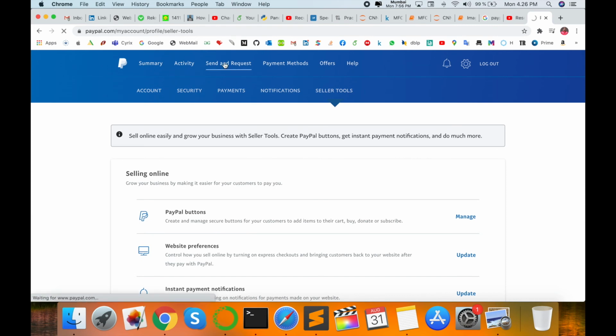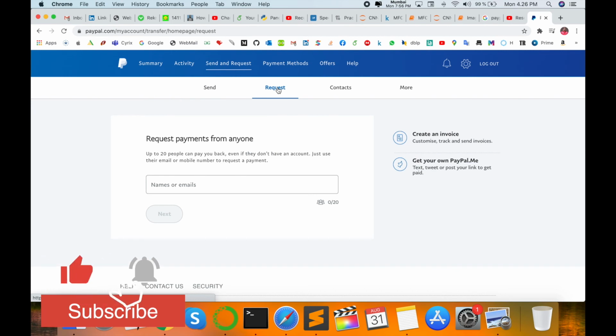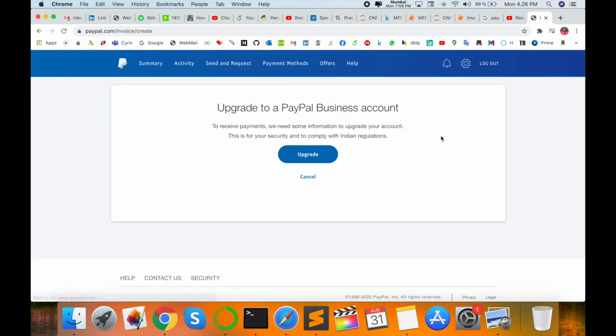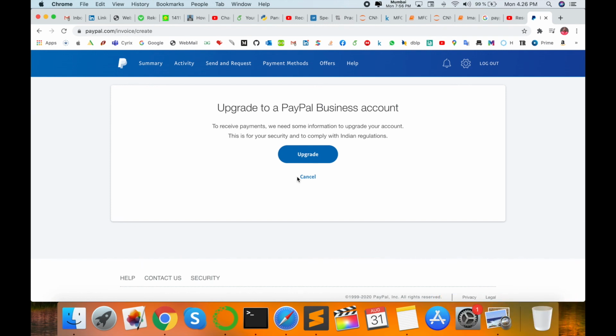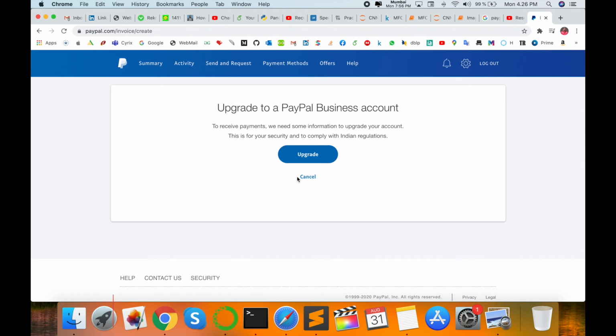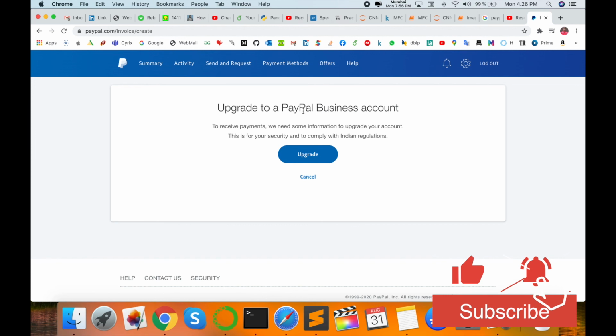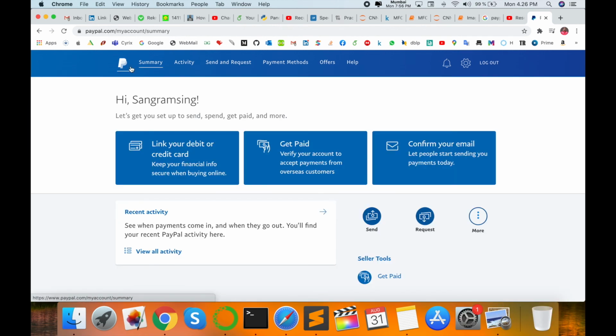You can manage send and request. You can send the money directly, otherwise you can request someone to please transfer money, that way. Creating an invoice is also here. If you want to upgrade or create some invoice related to a business account. Suppose for example, I pay some money for a conference registration, but I want to submit this registration fee receipt to my university or my office. So I can create an invoice here and then print this invoice and submit it to my office. It's very simple and very helpful for paperless money transfer or transaction.